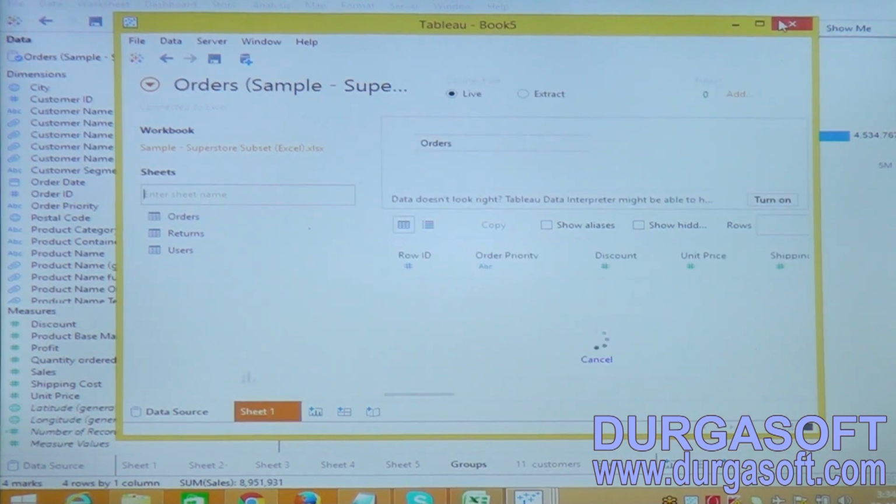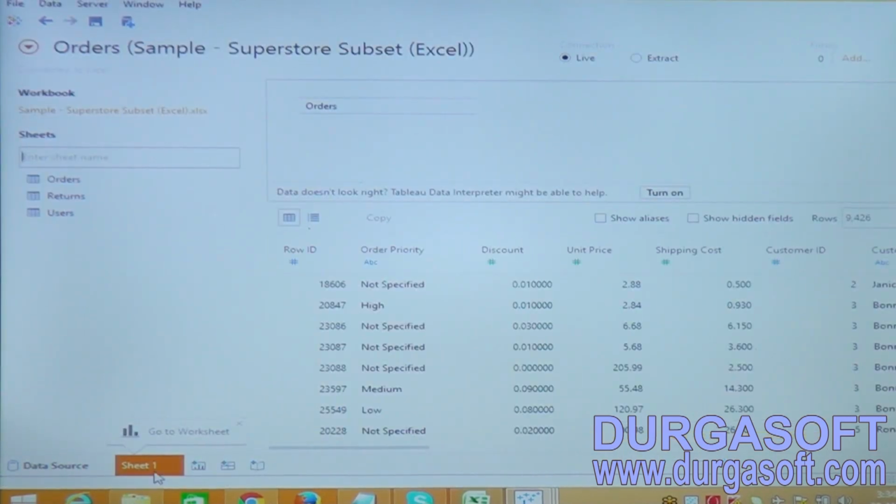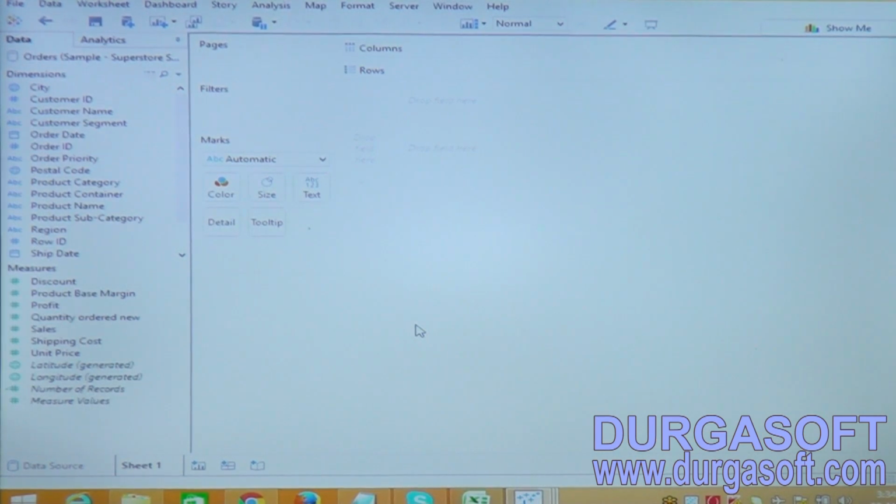Now drag this, go to worksheet. Now let's have a sets concept. Now see, I have a set. Now what is a set? A set is a subset of data, where you can give some condition on the sets. But here we have two types of sets. One is